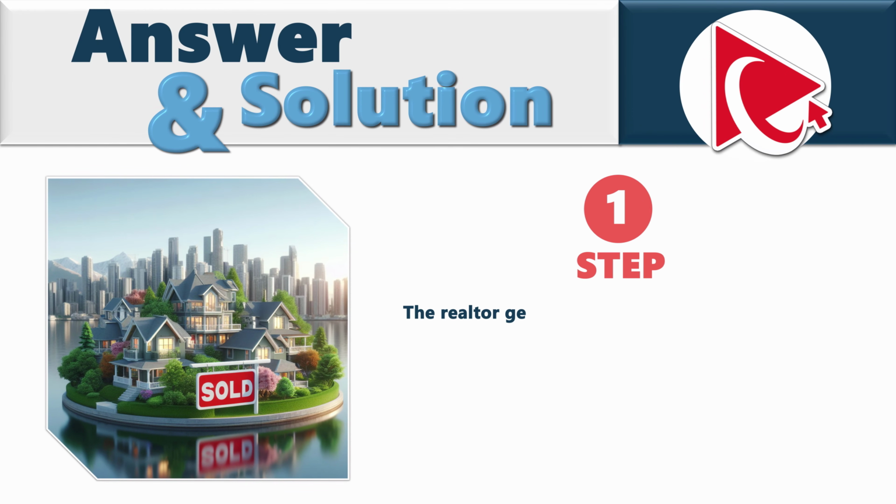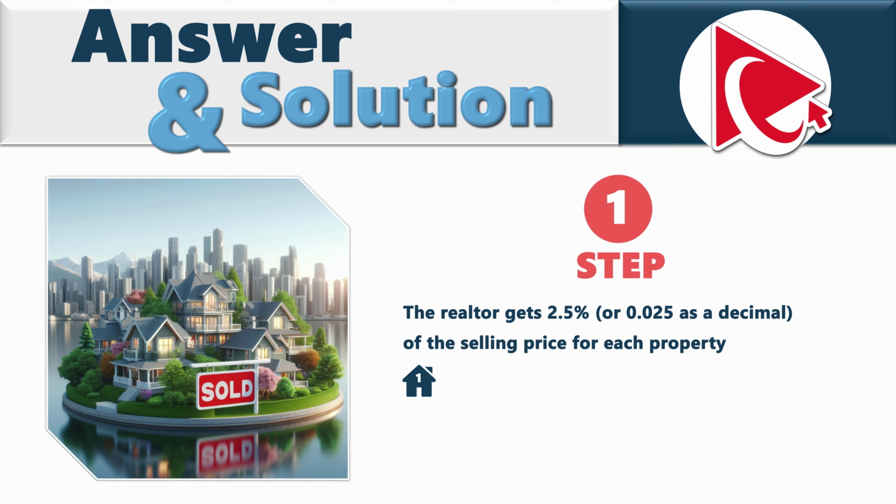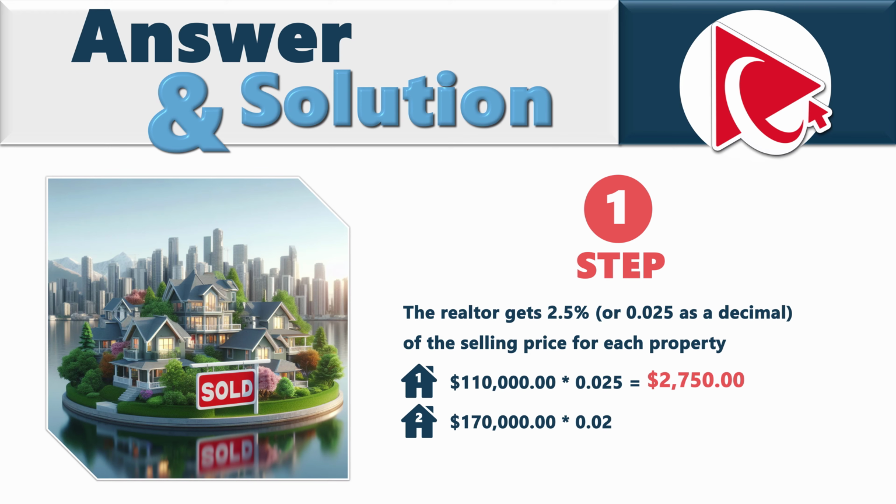We know that the realtor gets 2.5%, or in decimal, 0.025 of the selling price for each property. So for house 1, the commission will be 110 multiplied by 0.025, and it would be equal to $2,750. For house 2, commission can be calculated as $170,000 multiplied by 0.025, and the end result would be equal to $4,250. And for the condominium, the commission can be calculated as $75,000 multiplied by 0.025, and it would be equal to